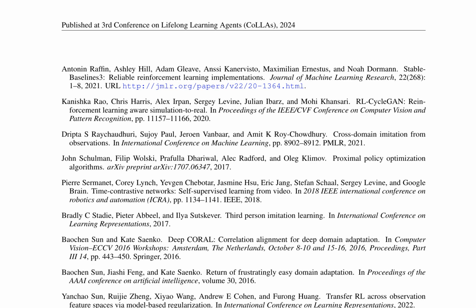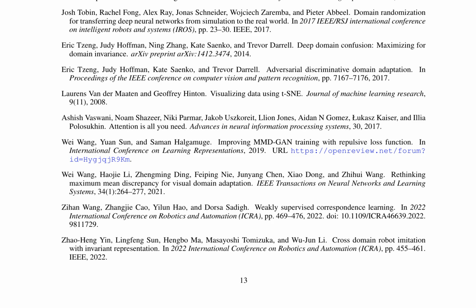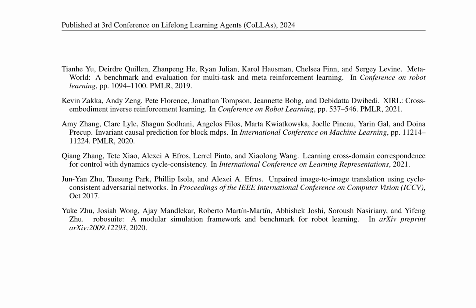The proposed method utilizes a combination of reinforcement learning algorithms, such as proximal policy optimization, PPO, and domain adaptation techniques, such as maximum mean discrepancy, MMD, to ensure that the learned policies are domain invariant. This allows the robot to perform tasks in new environments without requiring extensive retraining. The authors also employ generative models, specifically cycle-GAN, to generate synthetic images from the target domain that can be used for training. This approach significantly reduces the need for real-world data collection and speeds up the learning process.